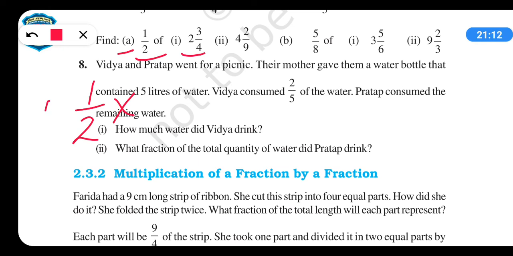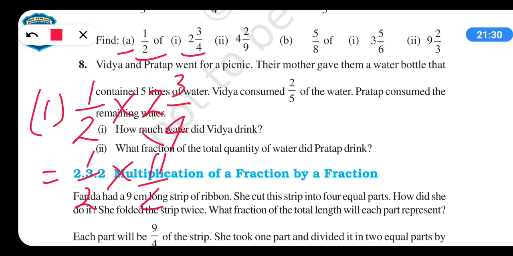This is first part, so put first part. 2 whole 3 upon 4. So it is what? First part. So solve करेंगे. 1 upon 2 multiply. Now 4 2 is 8. 8 plus 3 11 upon 4. Now solve it. अब इसको आगे solve कर लीजिए जैसे अभी solve किया था. 1 into 11 is 11 and 2 into 4 is 8. So 11 upon 8. मिक्स में चेंज करना चाहते हैं, यू कैन चेंज इट.